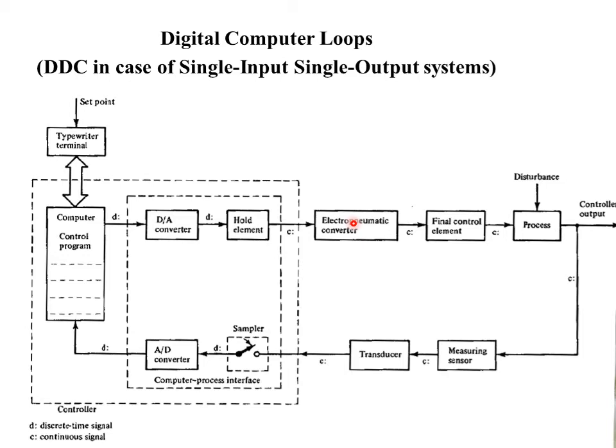So friends, we have replaced the analog part of the controller with the digital part. All those things which we have selected over here in the smaller box and in the bigger box are the things we have replaced, and we have to write a simple computer control program